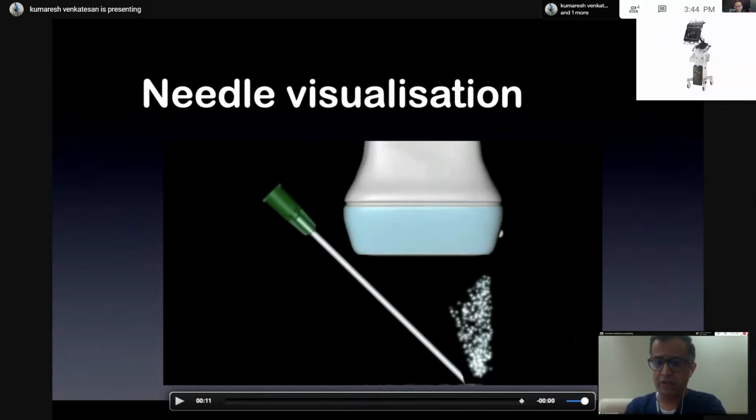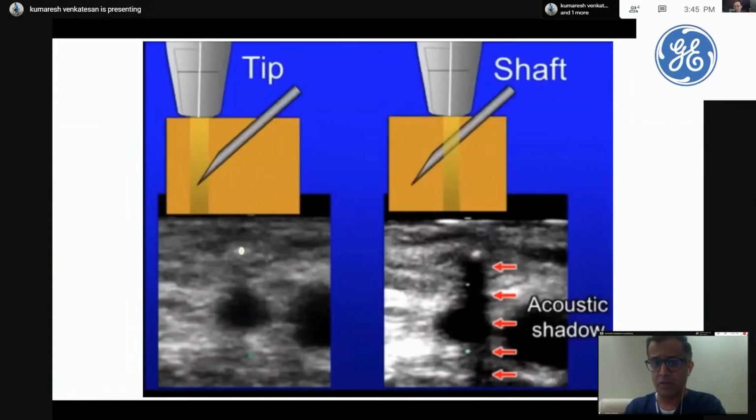So in this angle, unfortunately, the bevel reflects more ultrasound waves back to the probe. That's why the tip of the needle often appears as a bright spot compared to the shaft of the needle. Because the cutting edge of the bevel reflects more waves, that appears as a bright spot, brighter than the shaft of the needle. And you also see this acoustic window